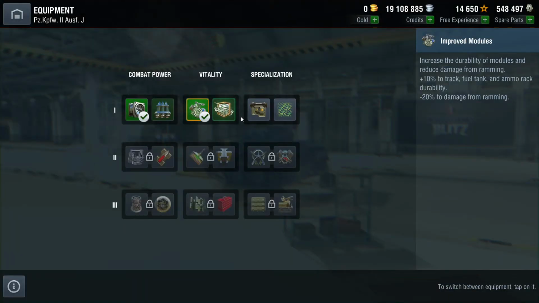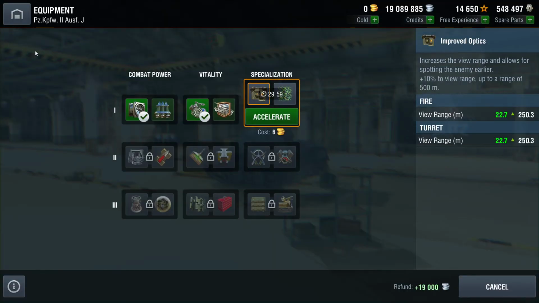And look, I got an equipment slot unlocked. Let's spend 19,000 more credits. But yeah,